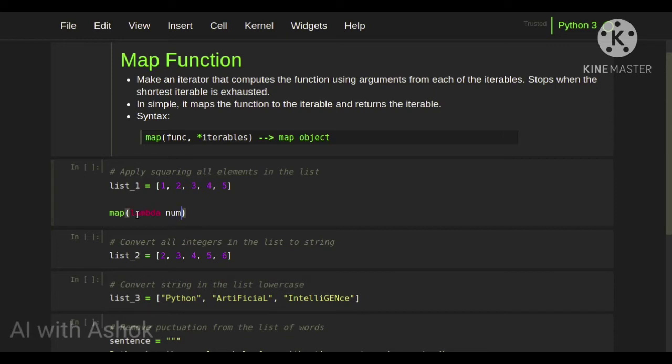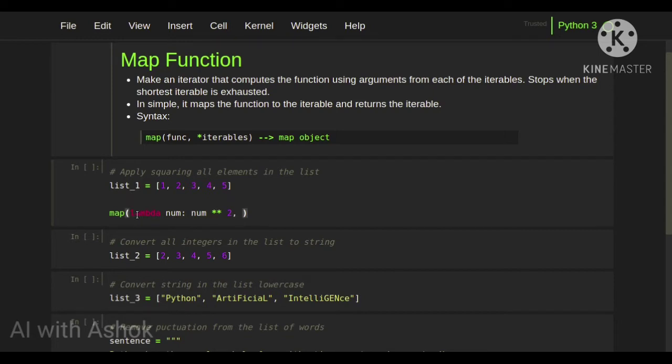We are going to square each element in this list, so we get num as each element, and each element is going to be squared: num power 2. So this is our function. We can use this function anonymously, and we don't need to give any name to it. That is the advantage of using a lambda function. A lambda function is also called an anonymous function.